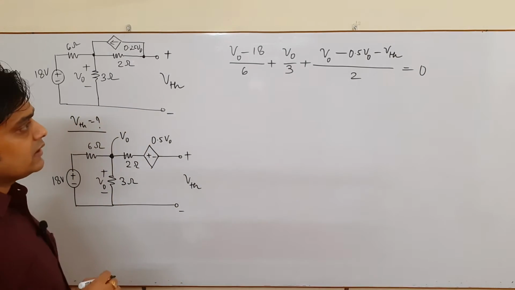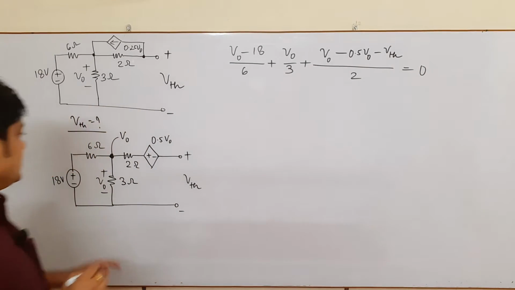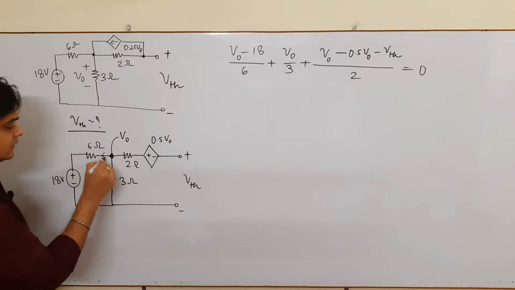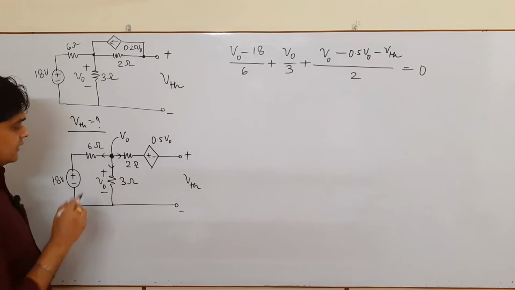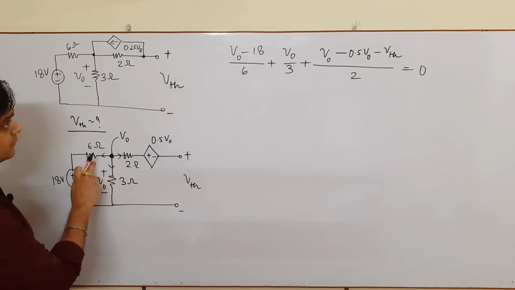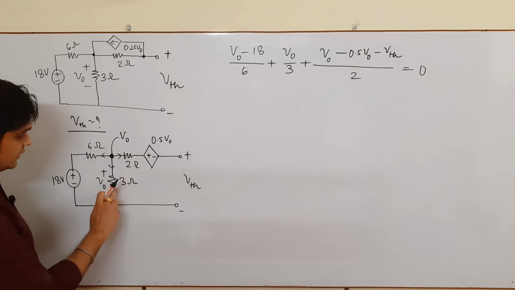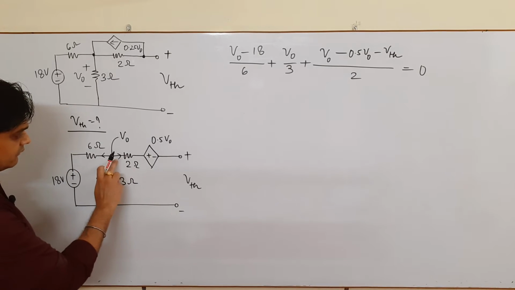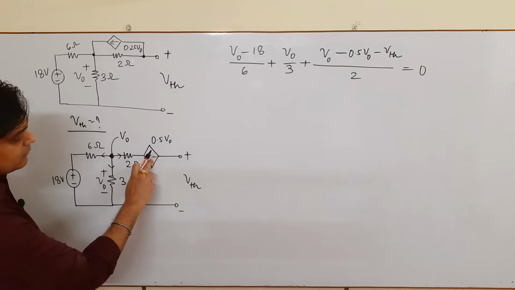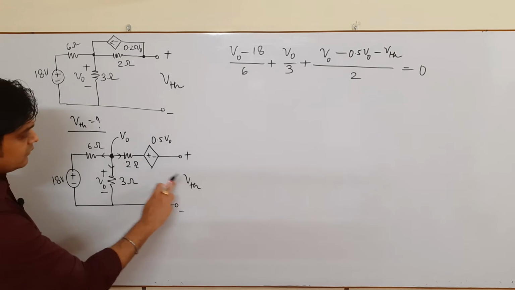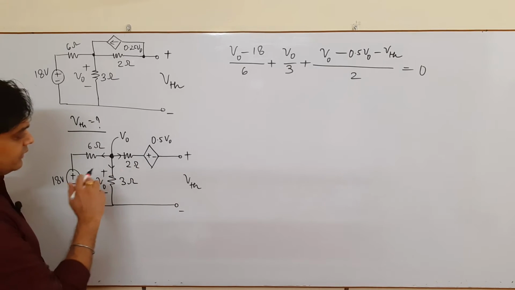It is 0. Now the very important thing, again see, this current and this current I have taken. So this current is what? V naught minus 18 upon 6. This current is what? That is V naught upon 3. And what is this current? V naught minus 0.5 V naught, because plus 2 minus, and minus VTH divided by 2. Now the very important thing